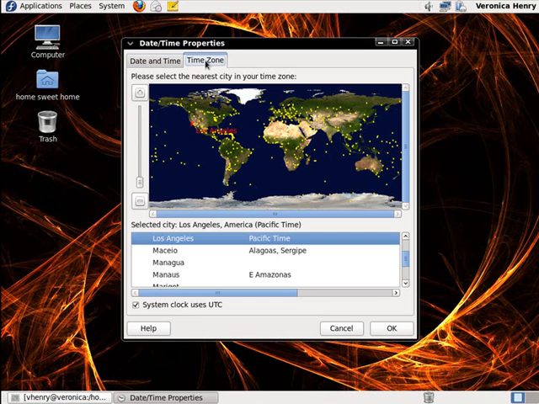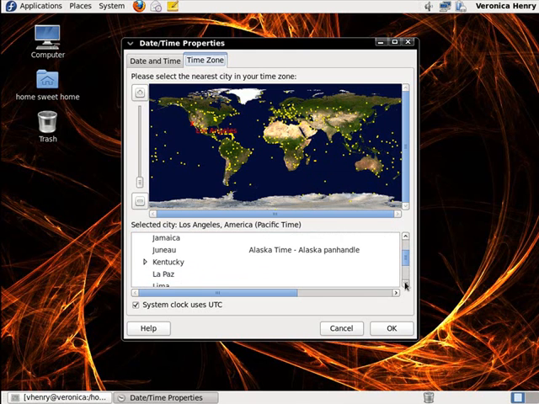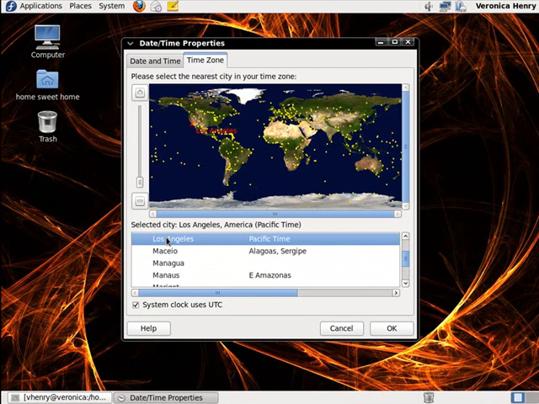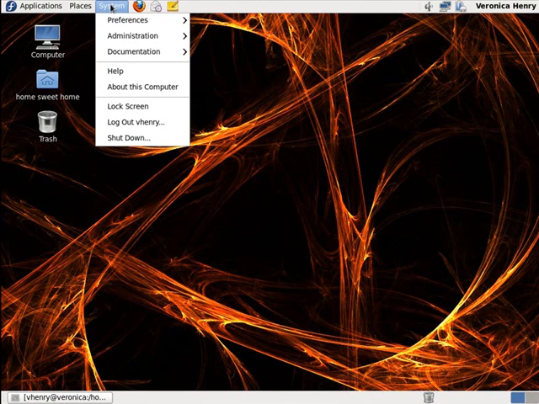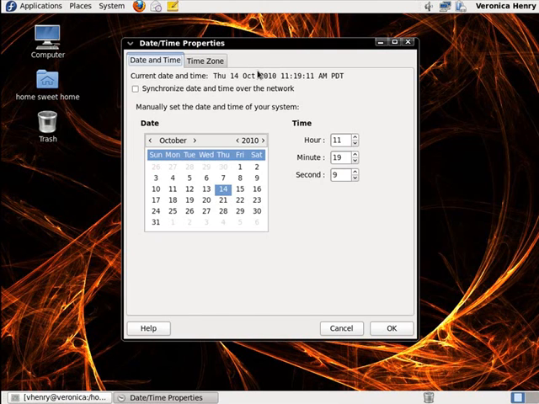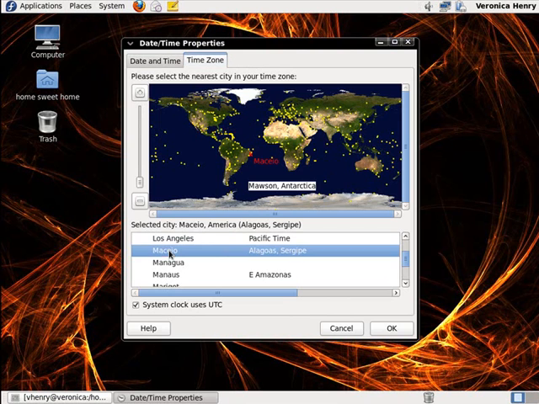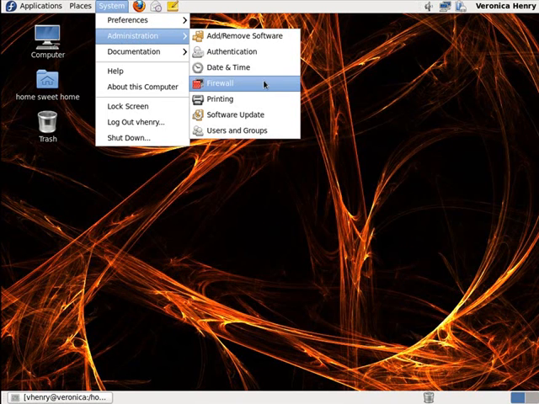But if you click on the Time Zone tab here, you can use the scroll bar to go up and down and change the setting to anything you like. I want to change it back to Pacific time, so you click on it and just hit OK. If we wanted to change it to something else, we would just go back to System, Administration, Date and Time, go back to Time Zone, and you can change the setting that way. Let's try one more time. System, Administration,